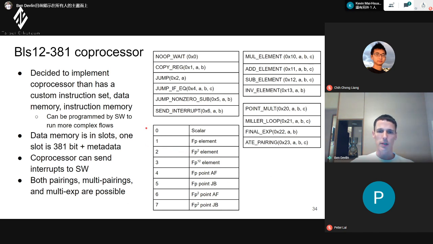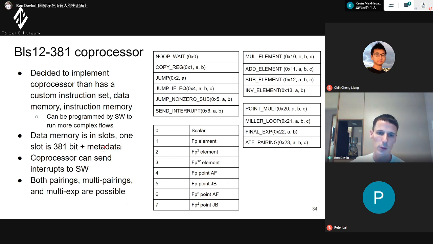What we implemented was a custom instruction set, as well as custom data memory and instruction memory. Because we need to map our data back into software memory so that software can access the processor, we added 3 bits to every 381-bit element. These 3 bits are just in the RAM on the FPGA, so we just store this metadata, but when we're actually doing calculations, we don't have this information.